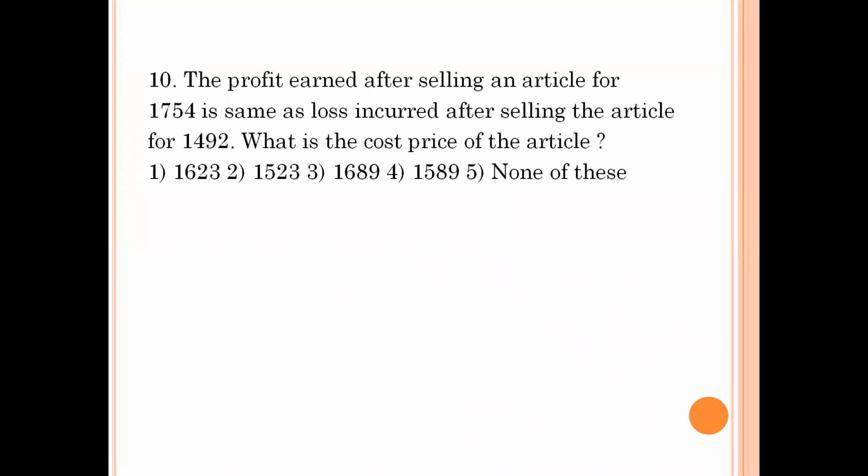The profit earned after selling an article for 1754 is the same as the loss incurred after selling the article for 1492. What is the cost price of the article? So this is also a similar one. Here it is the average of both prices in both cases. So average of both, 1754 plus 1492 divided by